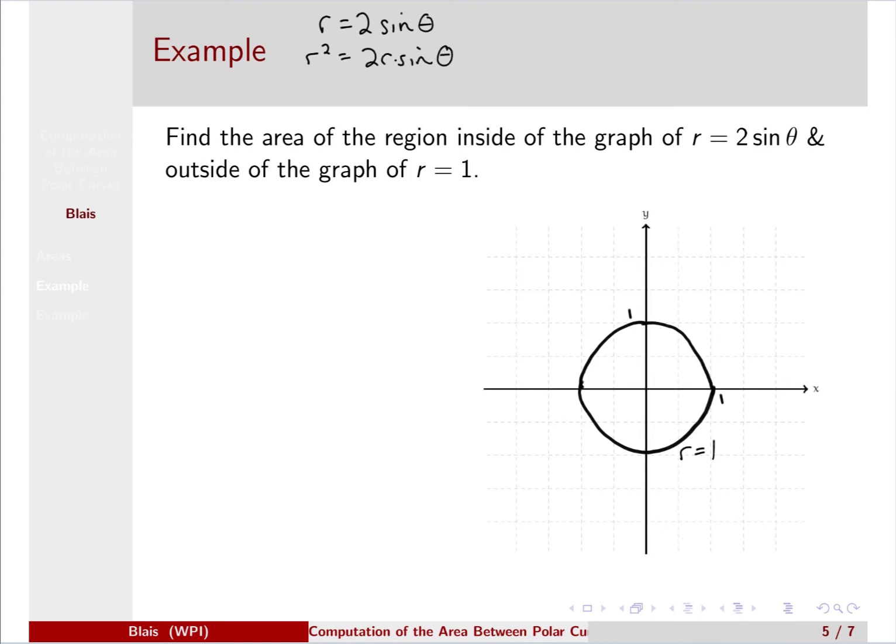And then think about changing it over to Cartesian coordinates. And we know that r squared can be written as x squared plus y squared. R sine theta is y. And so this becomes x squared plus y squared minus 2y equals 0. And if we complete the square by adding 1 to both sides, we see that this is x squared plus (y minus 1) squared equals 1, which we know is a circle